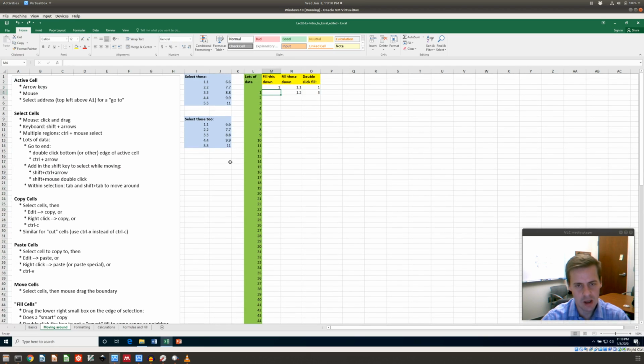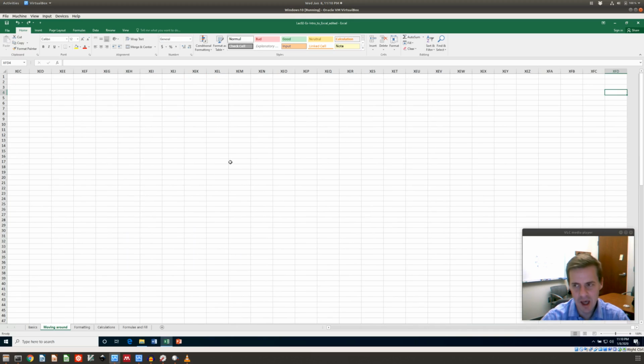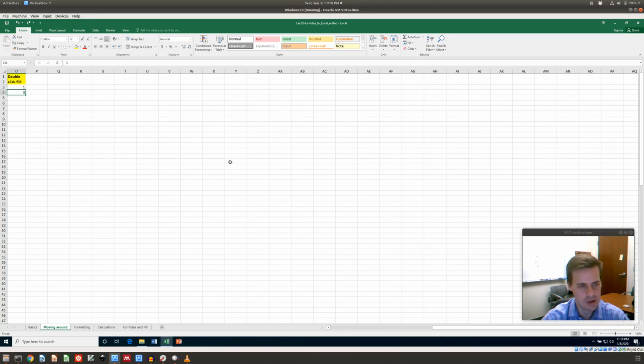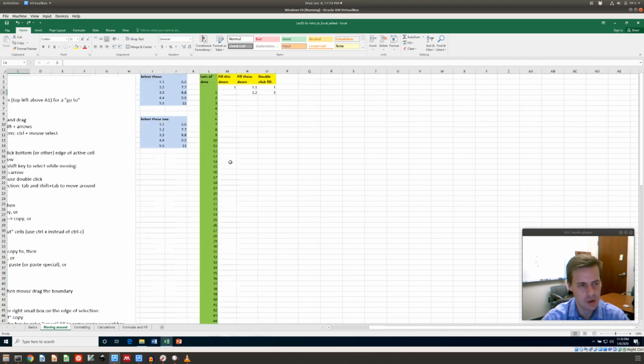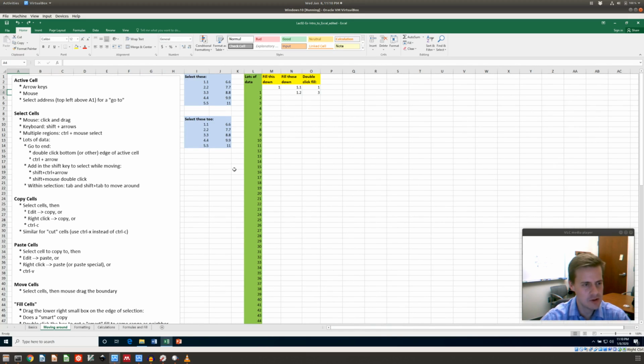And so it will also skip over blank cells and go to the next one. So if I press Control and the right arrow, I hop over to 1.2. I press it again, I hop over to 3. And if I press it again, I'm going to shoot all the way to the end of the spreadsheet here. And if I press Control and the left arrow, I go back. Okay, so play around with highlighting and